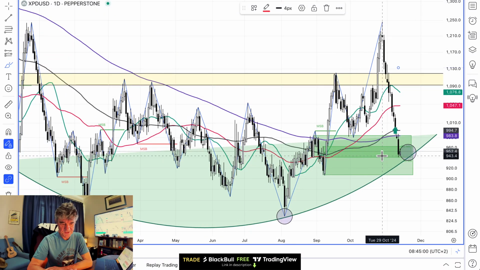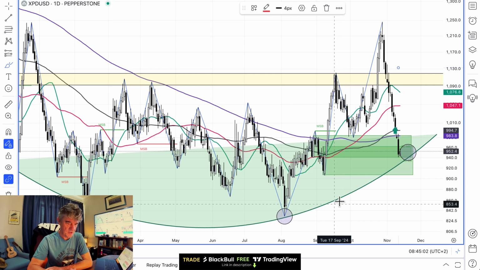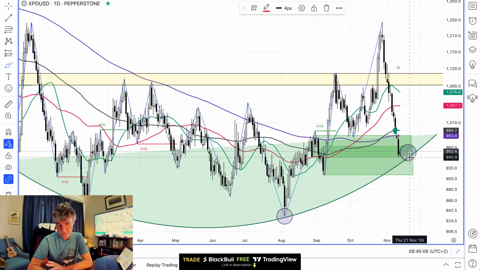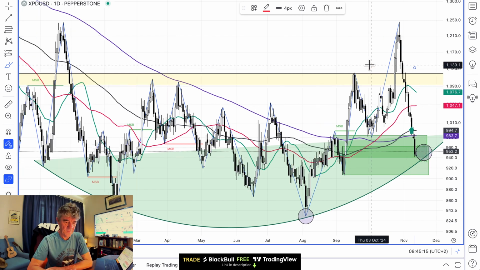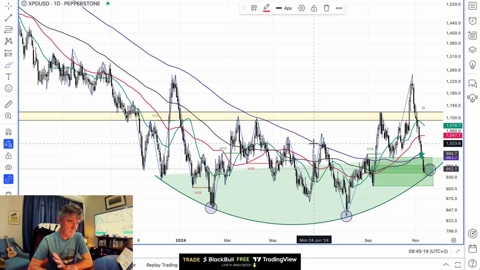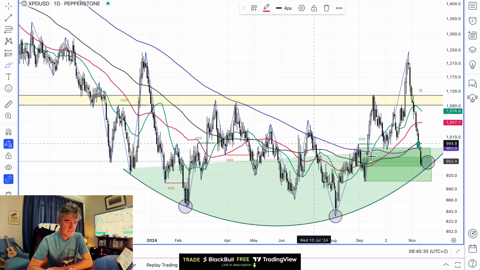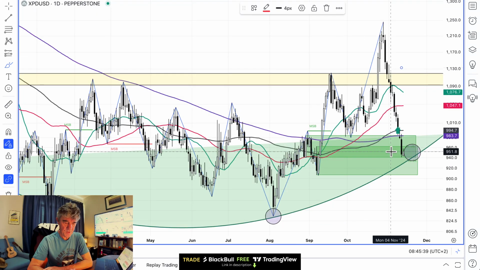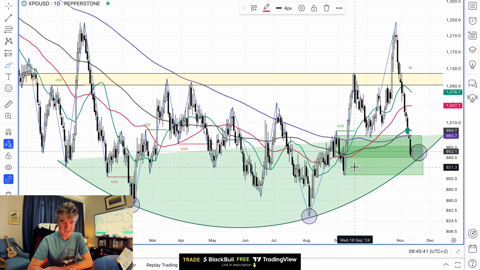We've fallen down into this order block, down to the bottom of this rounded bottom. I did draw that blob in there some time ago and suggested that we may have to reach that or retest that at some point. Well, we've done that now. We've got this big zag down, but look, it's the nature of this instrument, of this metal. And also it's part of the auto industry, basically. So the auto industry has similar ups and downs. Nevertheless, we've retraced back into this order block, the bottom of the smiley face, and the key area that I